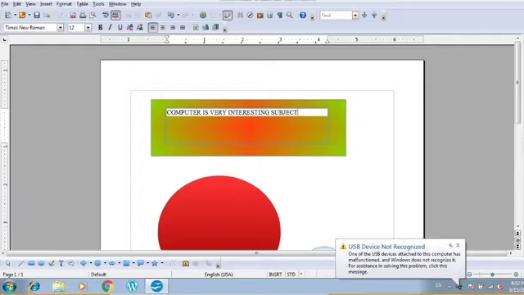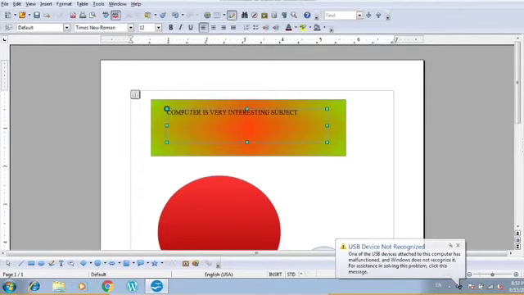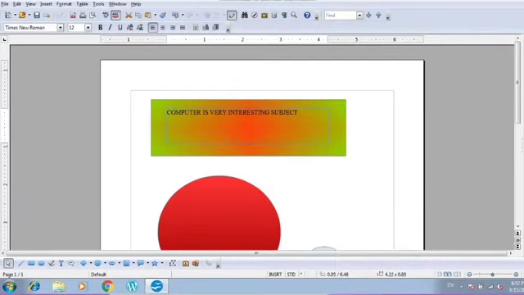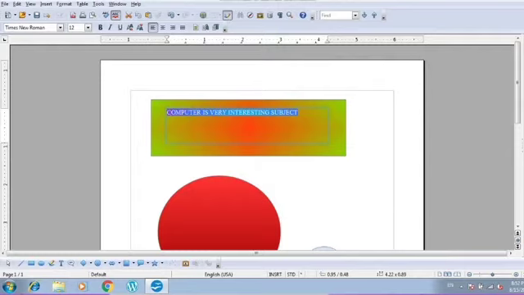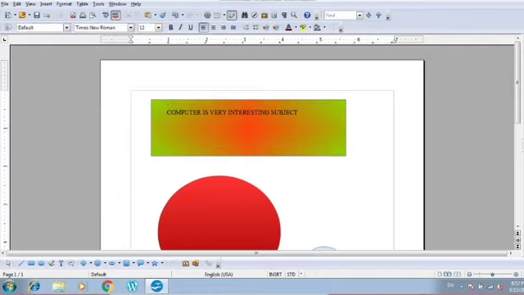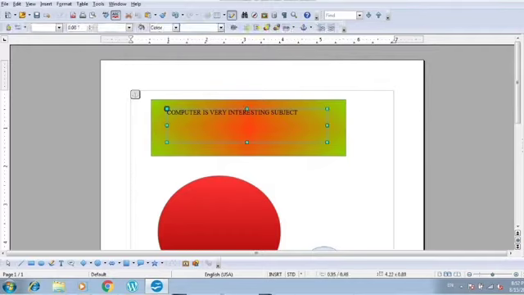Now you can see that it is written in this font. If you want to change the font style here, I have already told you how you can change it, and you just have to select this item. Now suppose you are out of this box and you want to change the font size. You have to go here, click anywhere on the written text, and then select it.